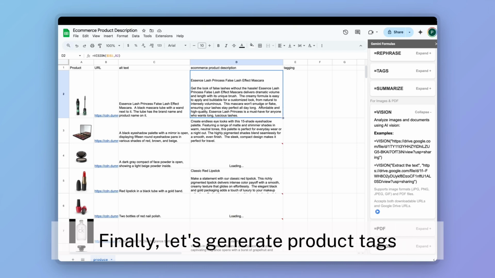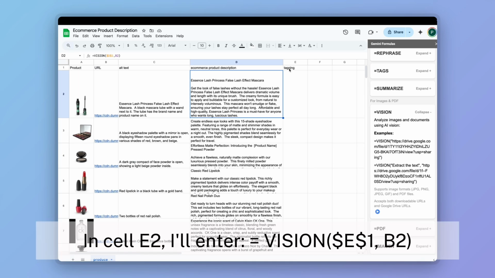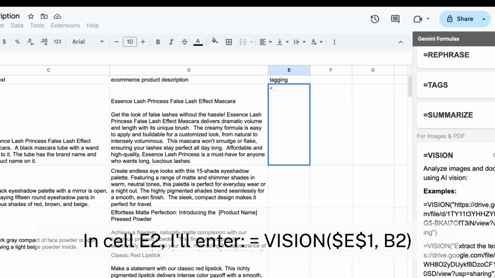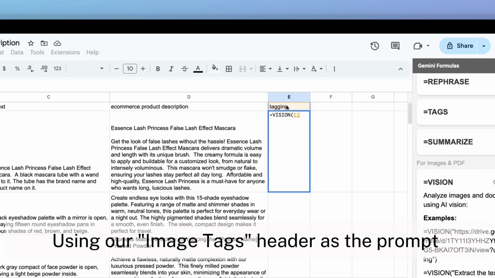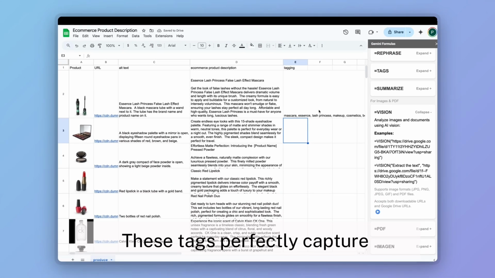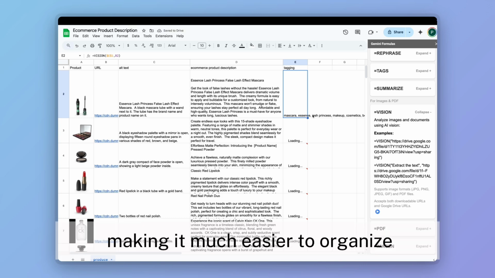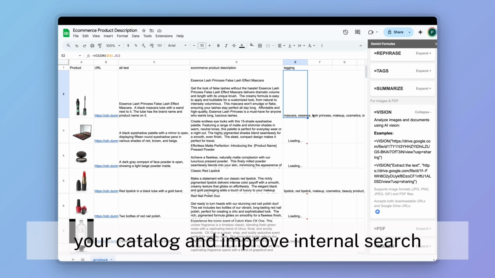Finally, let's generate product tags for better organization and searchability in column E. In cell E2, I'll enter Vision $E$1 B2. Using our header as the prompt, the AI will generate relevant tags for each product image. These tags perfectly capture the product's category, features, and use cases, making it much easier to organize your catalog and